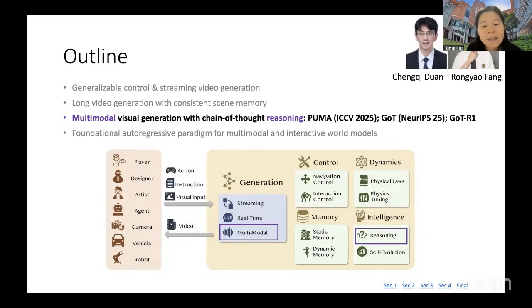And in the next part, I will very briefly introduce some of our work on multimodal reasoning and the new paradigms for generative models, because we think the multimodal ability is also very essential for future world models, because we want the world models not only to act as a renderer or generator, but also act as a reasoner that can truly understand the rationale or the rules behind the world.